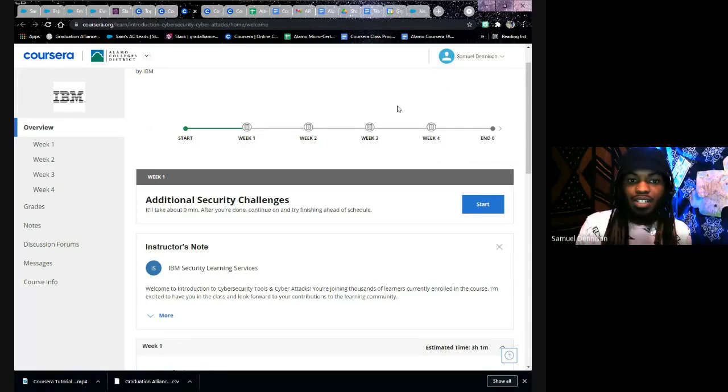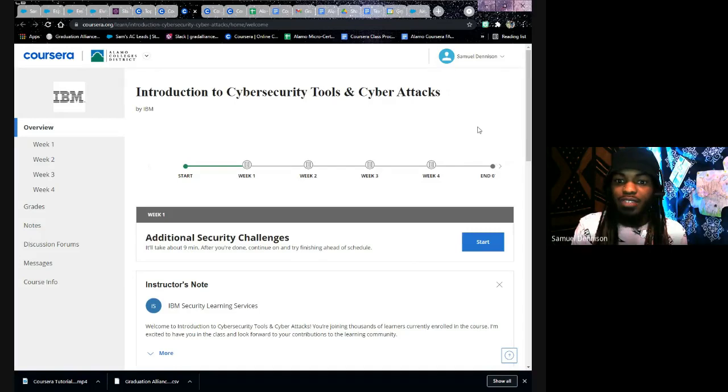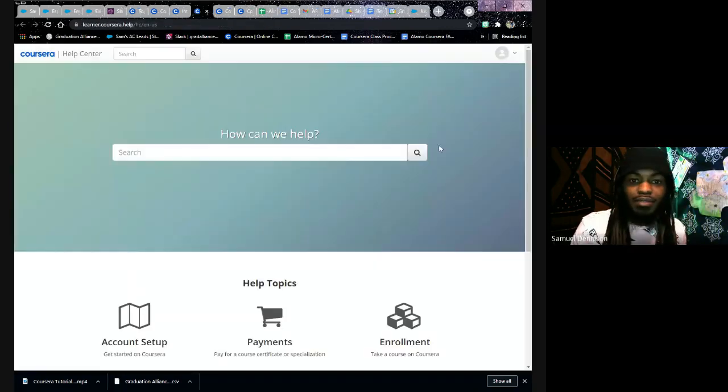So, if you are in Coursera, you'll see all these different buttons and options, and it can be a little confusing to figure out where to get to the help desk for those particular tricky technical issues. If you go to the top right corner, you'll see your icon, your profile icon, and your name. You'll click the caret, and you'll see the tab that says Help Center, and click that and it'll load you